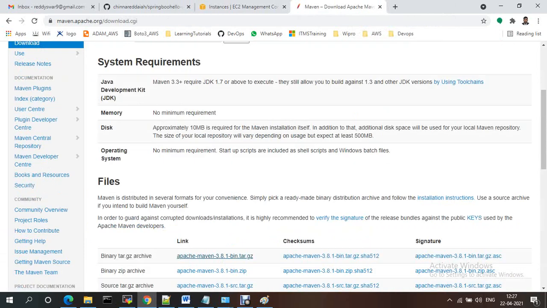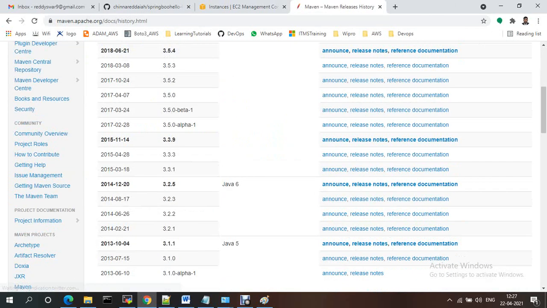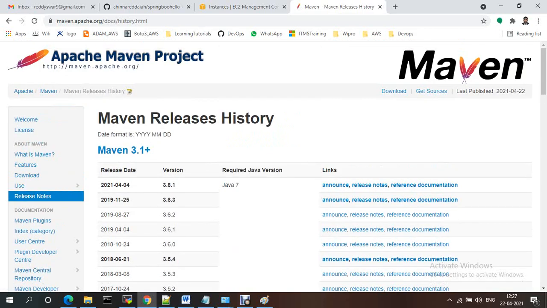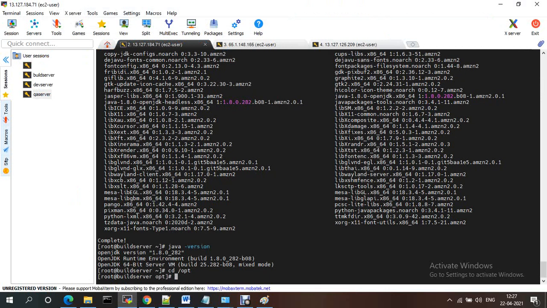You can take whatever version you need, depending on your requirement. I'm going with the latest version only, but it is not a good suggestion for the latest version. So I'm going to opt.